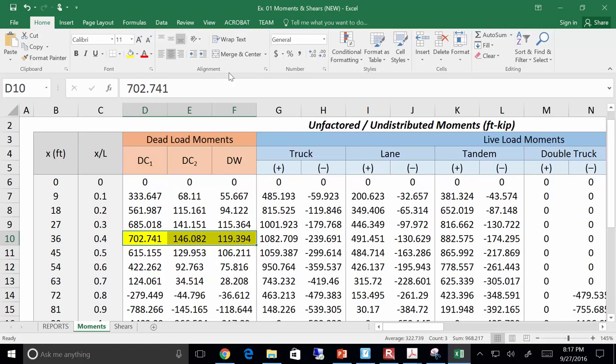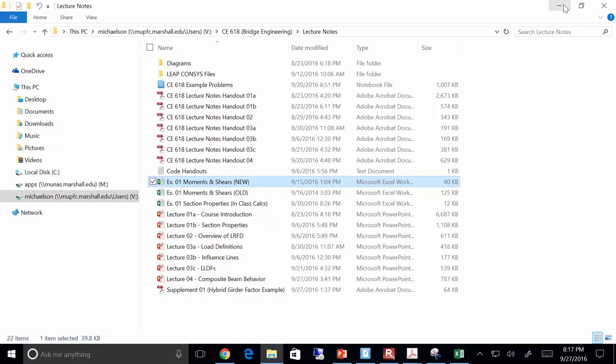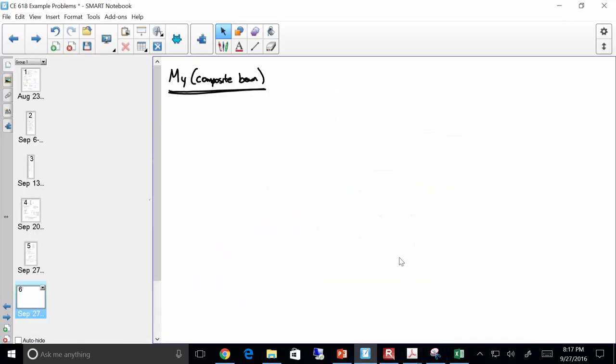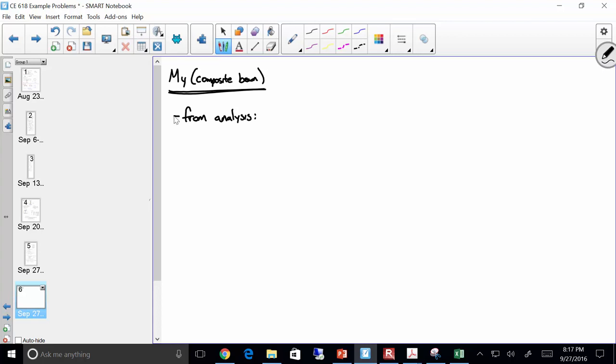Okay. All right. So if you use a software program, like MDX or LARS or something like that, it's just going to compute an MY everywhere, every 10th point. Because it's a big spreadsheet, no reason why it can't do that. So I'll say from analysis,